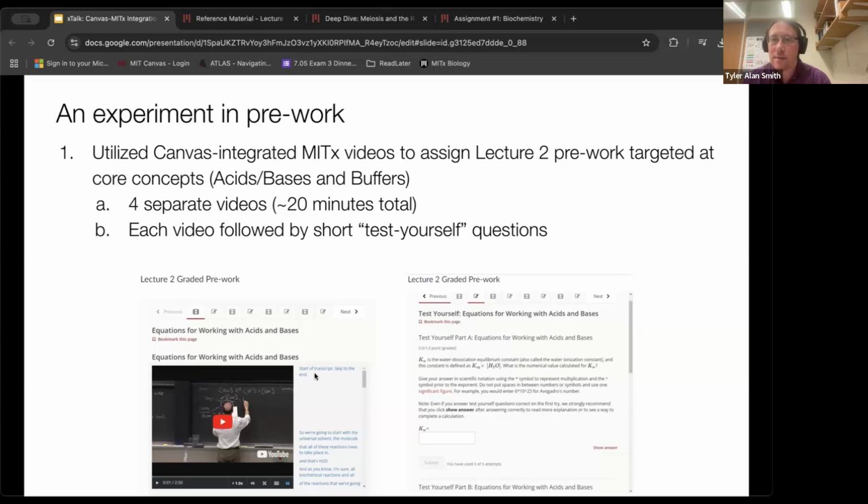Our pilot run of this was last spring, and we did it with a single lecture. We had very good success. I've talked about this in a past xTalk, but our completion rate of this assignment was like 98%, which is actually kind of mind-blowing. And the exam question on this topic, which traditionally students struggle on, went up 10 to 15 points that semester. And so one thing Catherine spent last summer doing is building more of these pre-work assessments